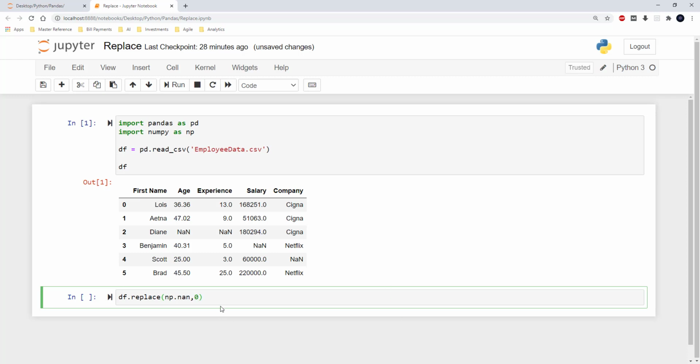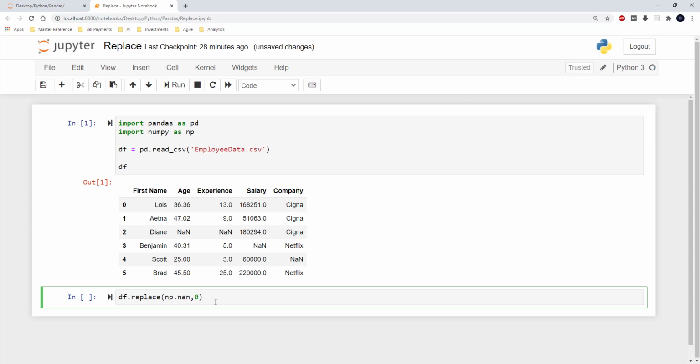So this is the format of the replace function. You can use the replace function, and as a first parameter you give the select criteria, which describes what you want to select for replacing, and as the second parameter you give the value it needs to be replaced with. So here this will replace the NaN with 0.